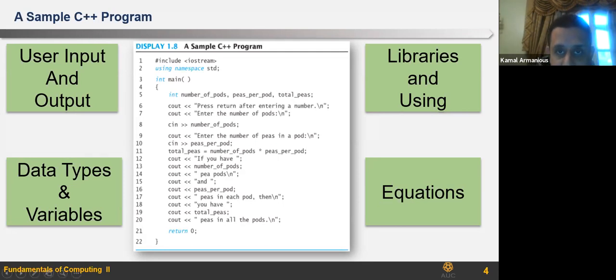So this is include. What does it mean? It means that I want the library called iostream to be included with my code.